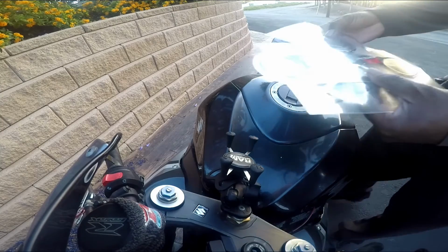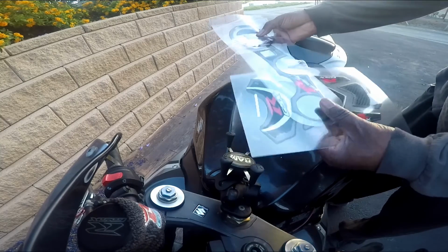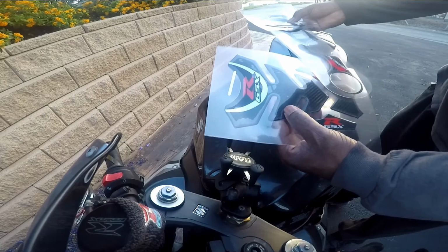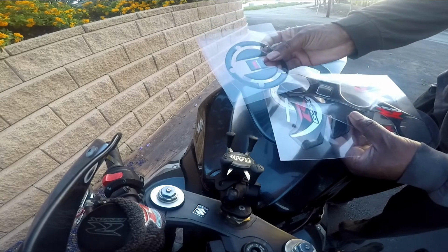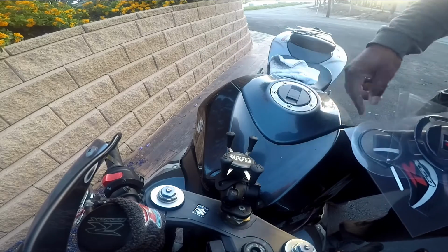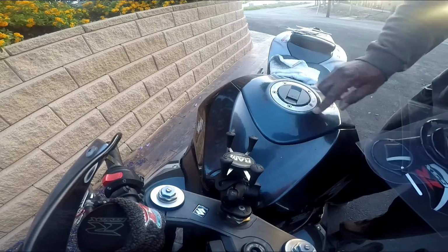Which are here. So I got a triple tree cover. Hopefully they all fit. Got the tank protector there and then the gas tank protector here. So I'm gonna go in and apply those. I took off all the old stuff,